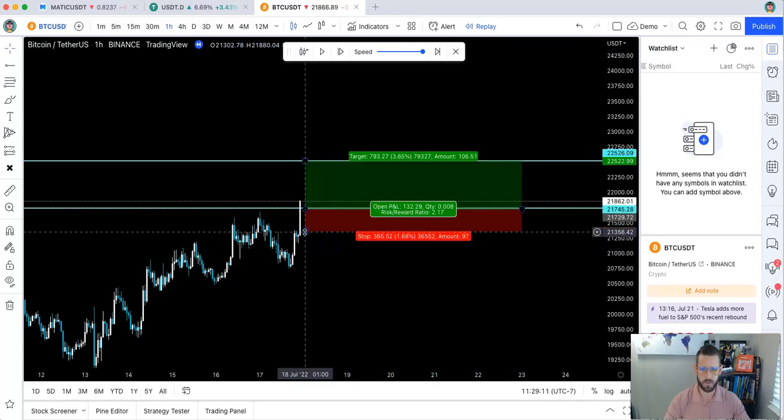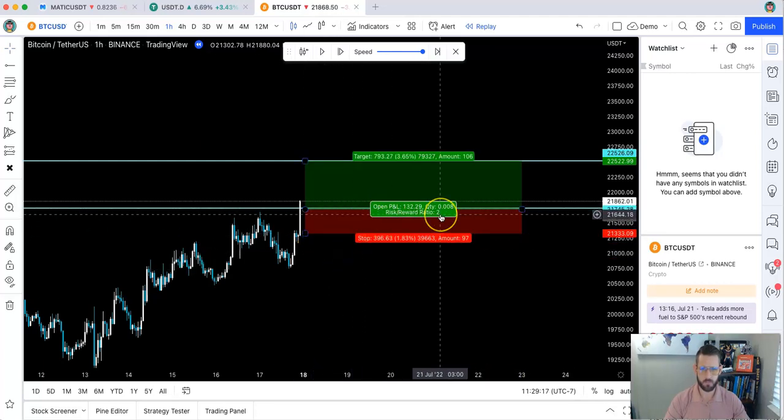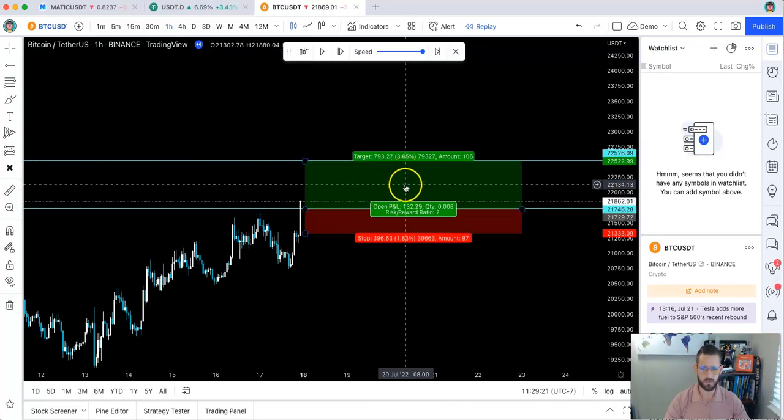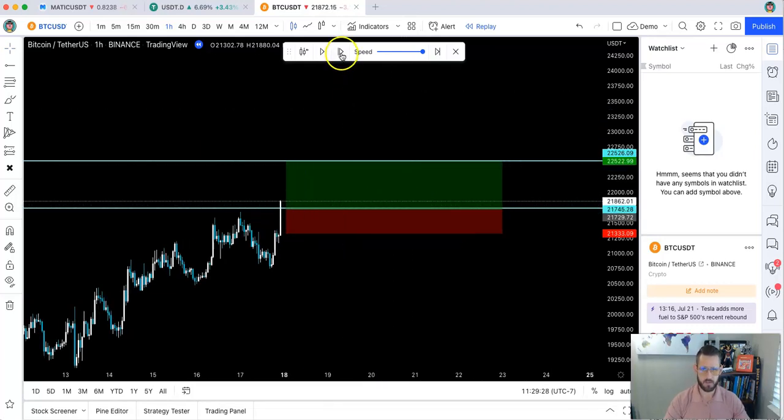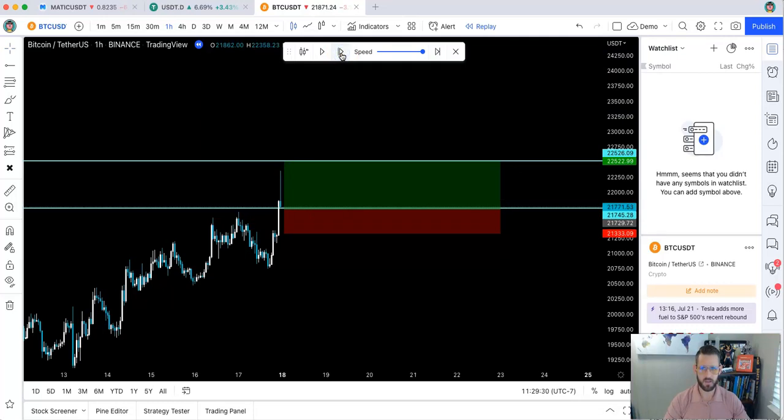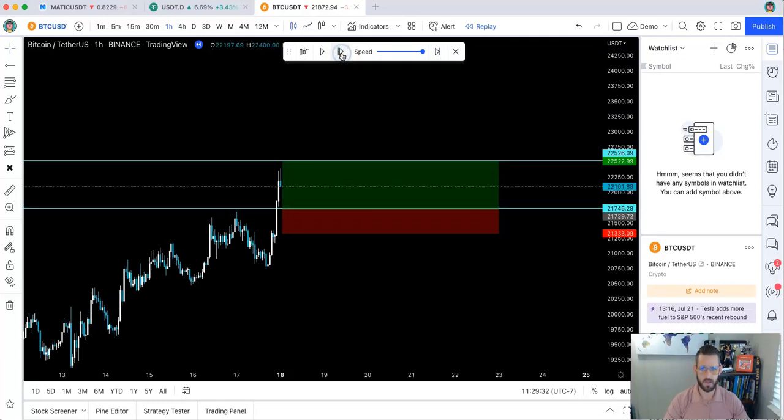Then my stop loss might be here. Okay, so that's 2-to-1. There you go. So it says 2. So in this example, we'd be potentially getting 3.65% for a risk of 1.83%. So then if I click the forward button again and again,